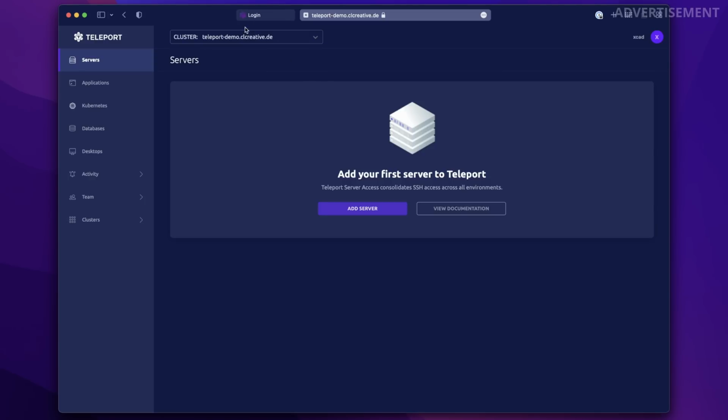We can now use it, go to the dashboard, and this is where we can log into our servers, databases, clusters, everything that we have connected to this Teleport service. This might not be new to you if you already know Teleport, but I wanted to give you a brief introduction to it. By default, it already offers you this strong authentication with a one-time password that you can use